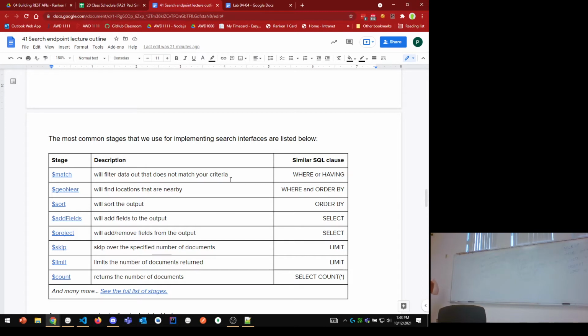Is everybody on track? It's a little bit hard to convert between SQL and Mongo because you have to think about what order things are going to go in. But I honestly don't usually convert. I usually just start here. I just come up with it directly on Mongo side and just say, well, I want to do this, and then I want to do this, and then I want to do this, and then I want to do this. I don't usually even try to write